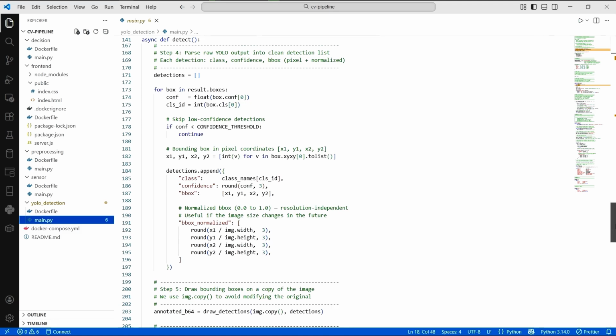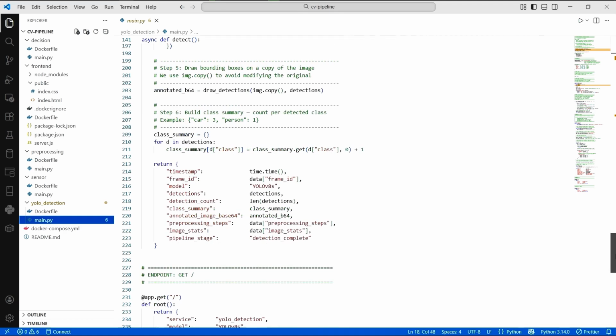For each box, we extract the class ID, confidence, and bounding box in XYXY format, that is X1, Y1, X2, Y2 in pixel coordinates. We also compute a normalized version, dividing by image width and height, so the coordinates are between 0 and 1. Resolution independent, useful if we ever change the image size.